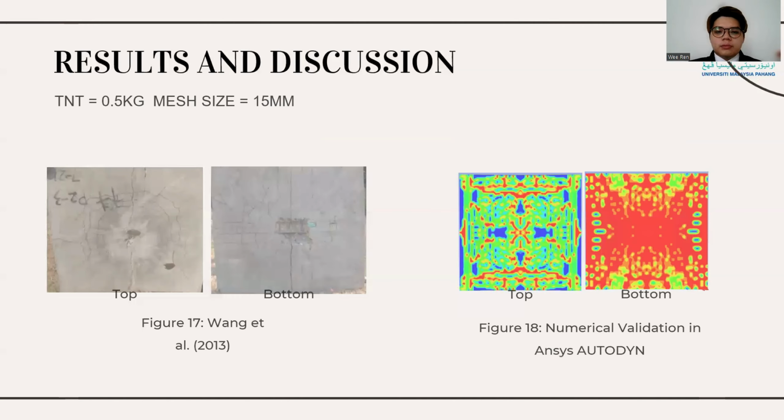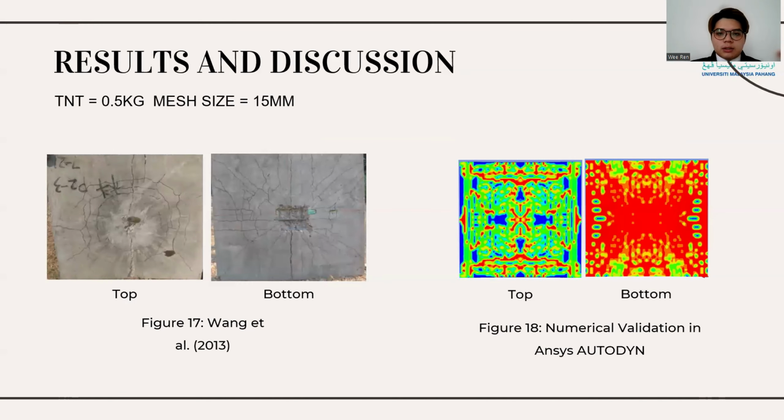So I will proceed to the results and discussion. From the results obtained, it can be seen that the damage pattern of my slab at 10 milliseconds is almost similar to Wang 2013. They will be different because Wang used a 3mm mesh to run the simulation, but I only used 50mm. At 1.75 milliseconds, it can be seen that the blast starts from the middle of the slab because it is located 500mm upright from the center of the slab. From the comparison, the slab created has been validated to be identical to the one made by Wang 2013.